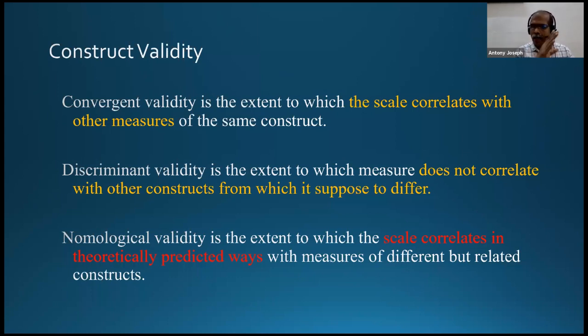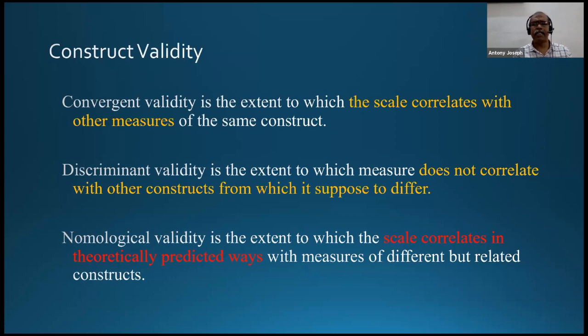Once again, my example, there were 5 different scales for measurement of CRMO. And what is required while doing convergent validity, I have to do a correlation analysis, and the correlation between all these 5 components should be positive, and the correlation should be significant also. Then only I can say that the instrument possesses convergent validity. Then another thing is discriminant validity.